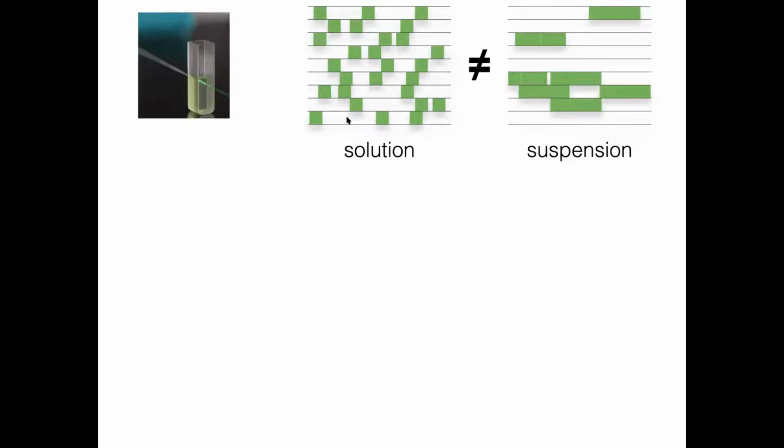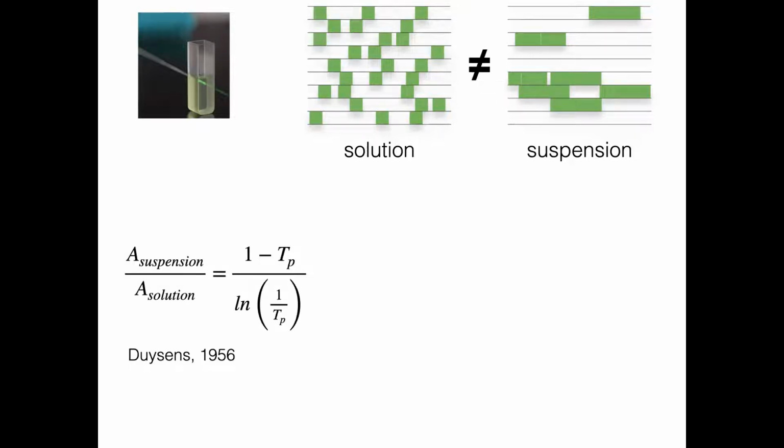the absorbance of the system on the left here, where I think of my little chlorophyll pigments as little cubes, and I divide it up so that I have the same number of cubes per pencil of light in my beam, is not the same thing as taking the same number of cubes but packaging them into cell analogs and then allowing those to have a distribution in space. So the absorbance of the left is not the same as the absorbance of the system on the right. And you get something like this, where the ratio of the two